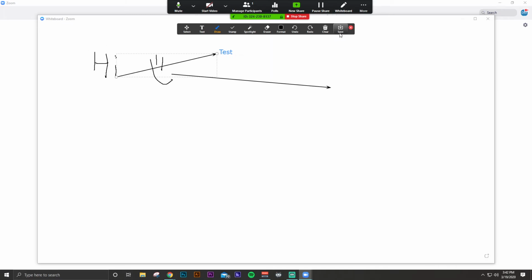You can then save this if you wanted to and then upload it to your students at a later date or after the lecture was over. Or you can simply clear all drawings and then restart with whatever new drawings you want to make. If you have a touch screen laptop, you can use this to draw on while also doing your Zoom meeting.